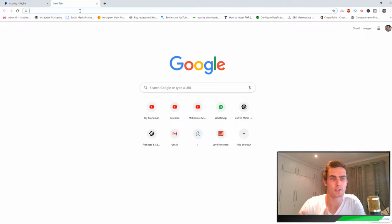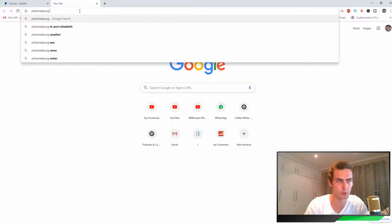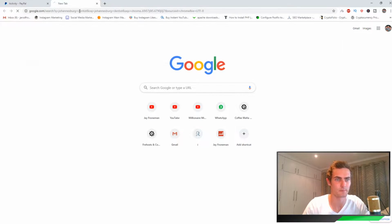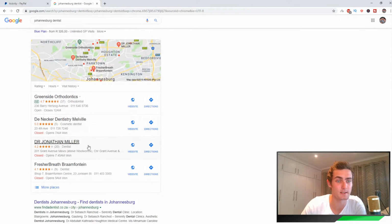And the first thing you want to do is open up a new Google tab, and search a business, whether it's in a specific niche in your local area or outside your local area, wherever it may be. It can be any town, any city. So in this case, I'm going to use Johannesburg, which is a very popular city, the biggest city in South Africa. So I'm going to search Johannesburg dentist, for example. I'm going to use the dentist niche again,